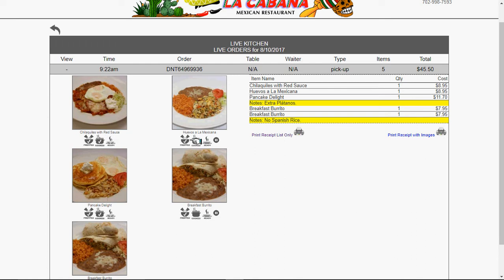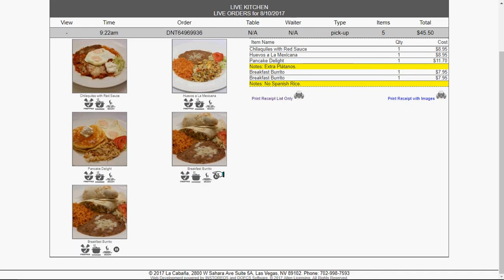And once you click cooked, again you're letting the customer know that their item has been cooked and it's on its way, or what part of the process it's at, because it won't be on its way technically until after you've clicked ready. And then the pause button here is going to pause that item and let the customer know